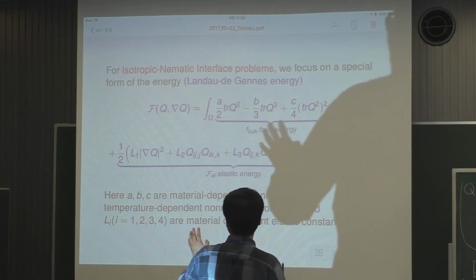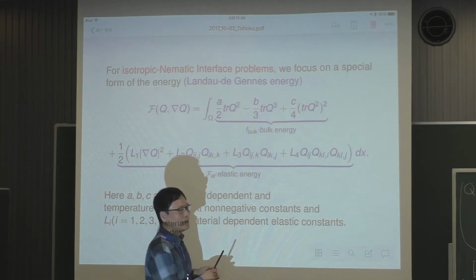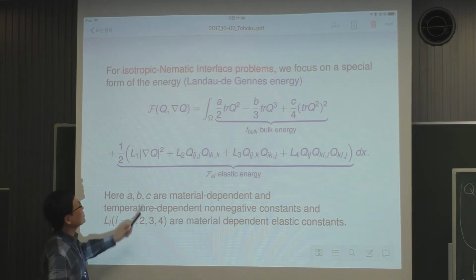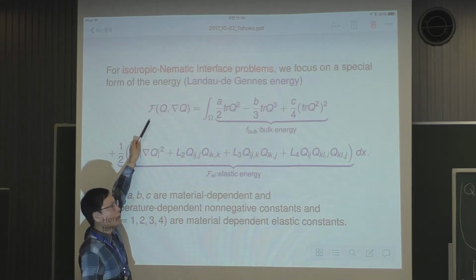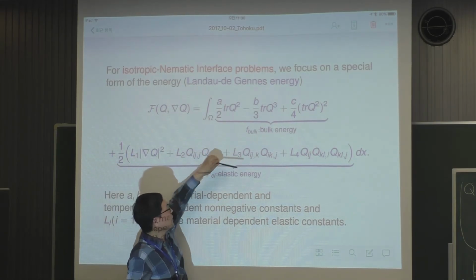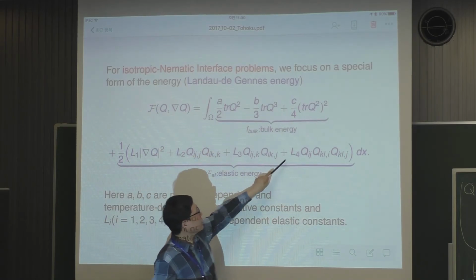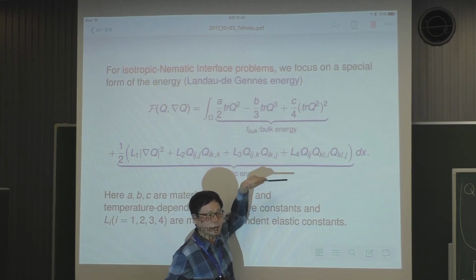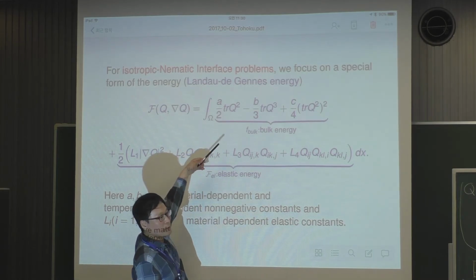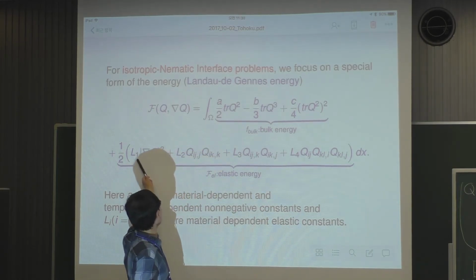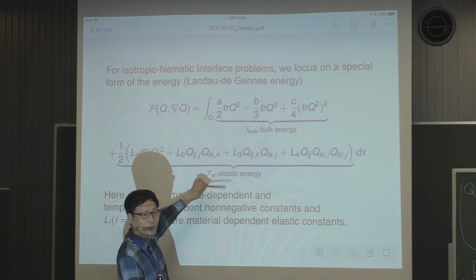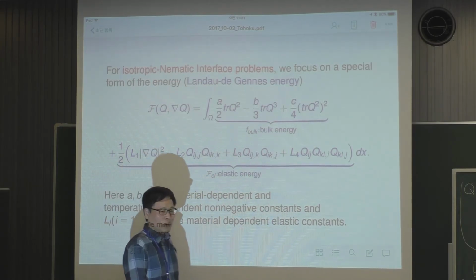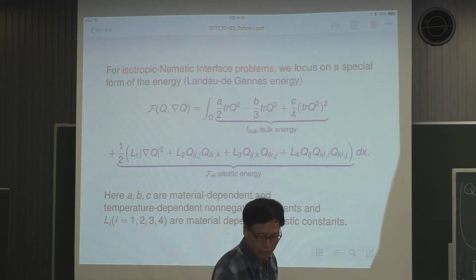And then we look at the only, now it is reasonable to assume, consider F, we have F is bulk energy and elastic energy. Finally, we are assuming L4 equals 0, and this one has a minimizer. When you assume certain conditions, L1, L2, L3 has minimizers. And what we are interested here,